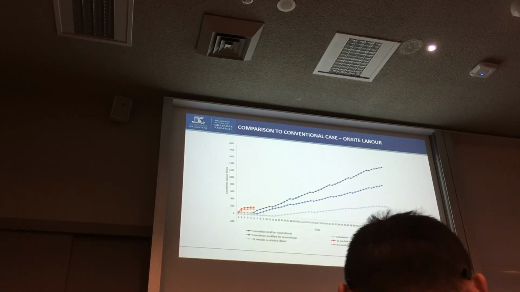So what you see here is the on-site labor reported for the period of time for conventional, and also the estimated on-site labor requirement for the modular method. It shows that the optimum solution which was generated requires an on-site labor requirement of only 6 days. So the overall cumulative labor hours have also reduced significantly.